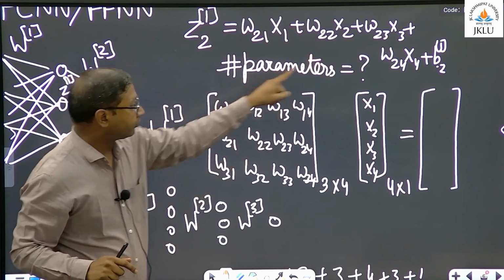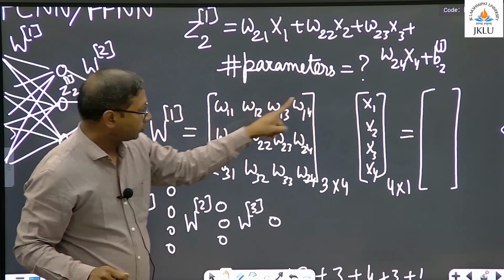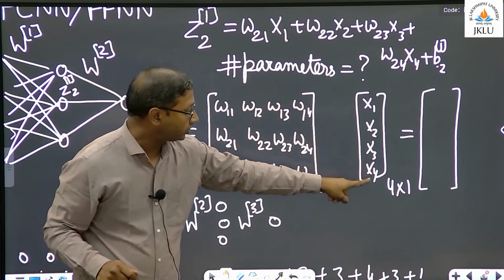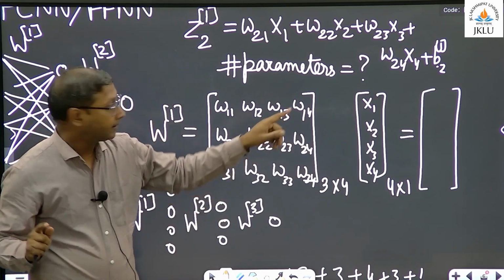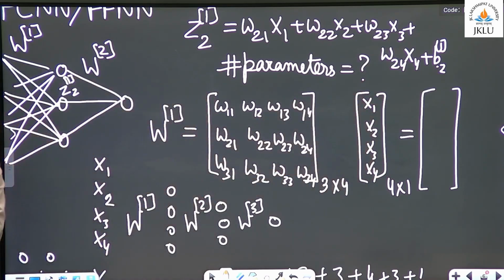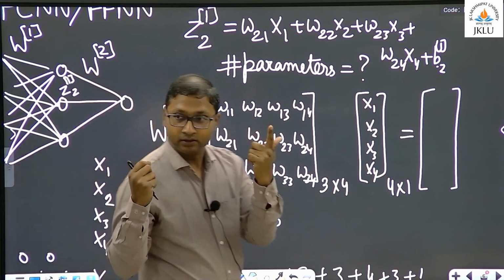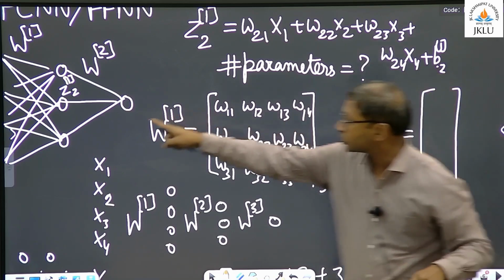It is W11 x1, W12 x2, W13 x3, W14 x4. I am still missing something, plus there is a vector of, what will be the size of B1, B square brackets 1, 3 cross 1, because there are,